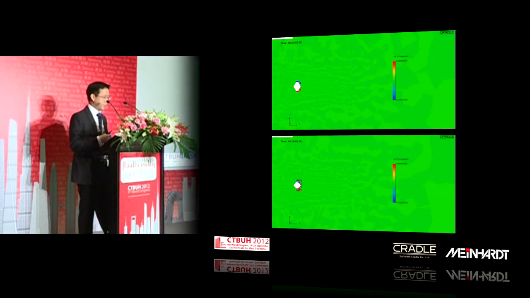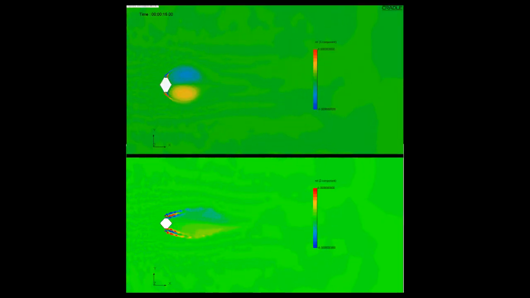Here are two animations. The upper one is obviously the solid case, where we can see the crosswind response. This is all in 2D. And if you could click on the bottom animation for me, please. Yeah, hopefully that runs. So we see that benefit. That's all very cool from a graphical standpoint. But what we did was extract the predicted loads in the crosswind direction.